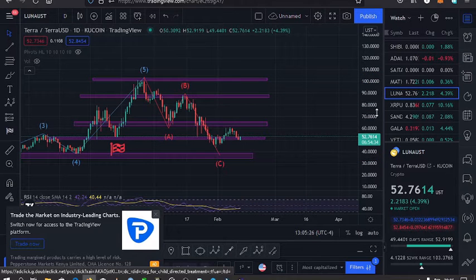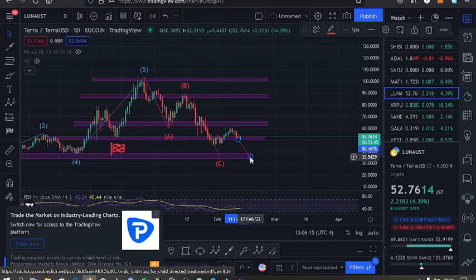The first one is that, having said we are in this ABC correction and it didn't touch my key targets, I expect us to continue having lower prices and touch the support on the $35 mark. That will happen once we break down the support on the $51 mark. If we start seeing daily candles close below this, that will be a confirmed breakout also on the 4-hour chart. Once that happens, we'll be unlocking lower prices for Luna and touch the $35 support zone